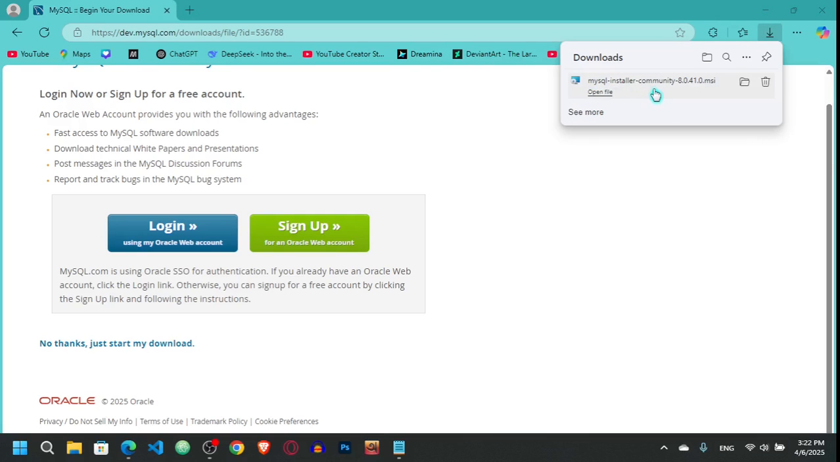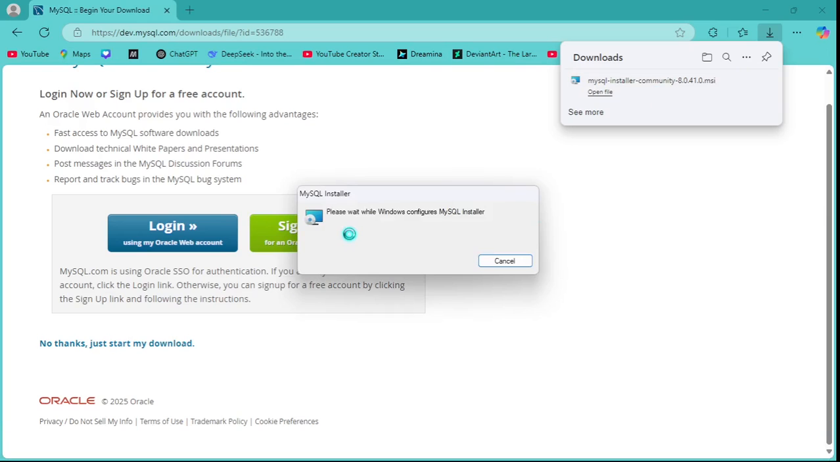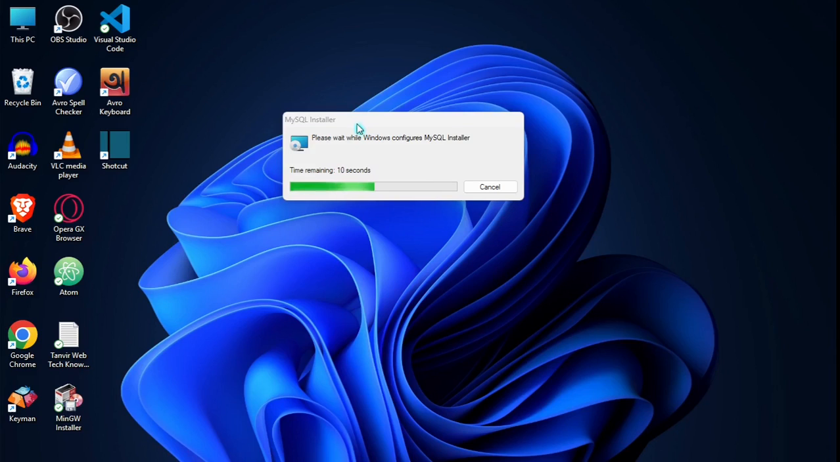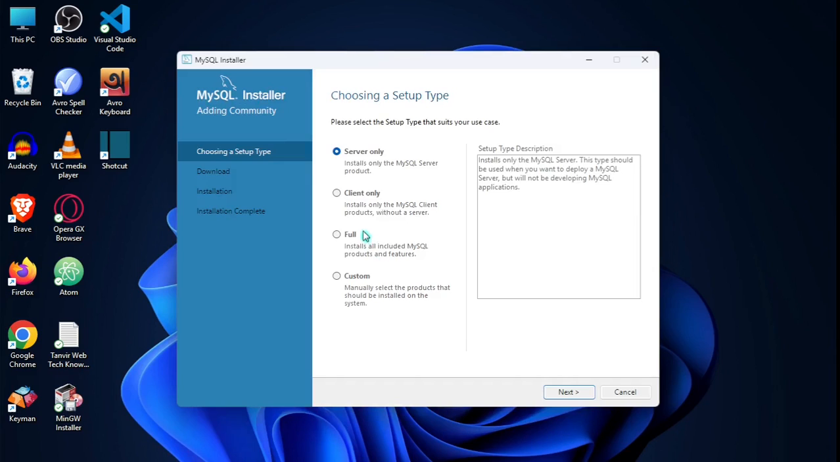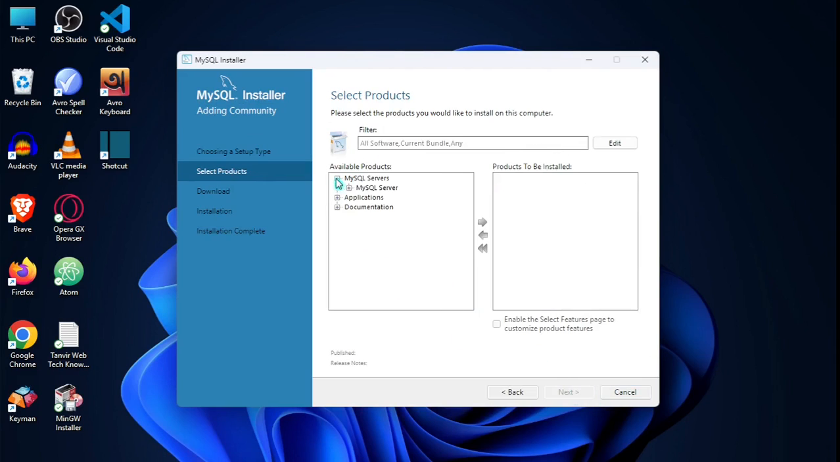Now let's go for the installation. I will click on it. So here you can see it start installing. I'll select yes. Now I'll go for the custom and then select next, and I will select this one first, MySQL service, and then MySQL server